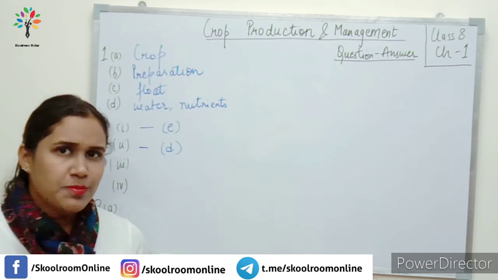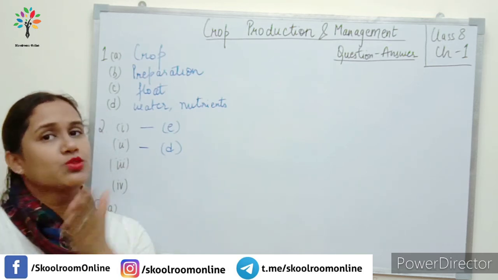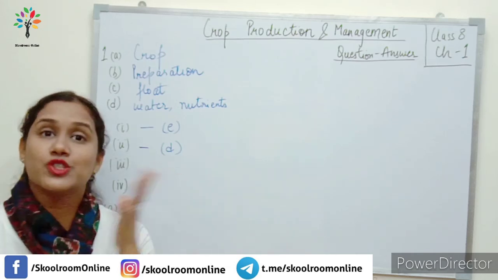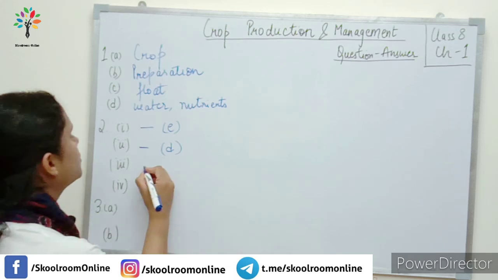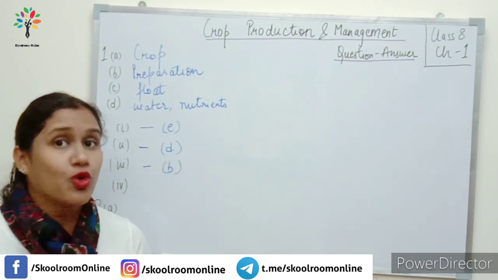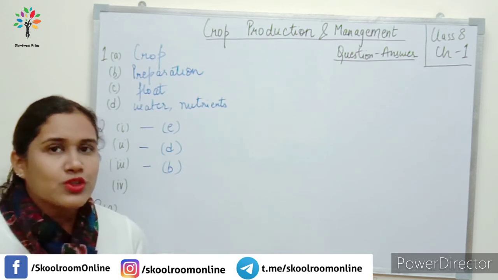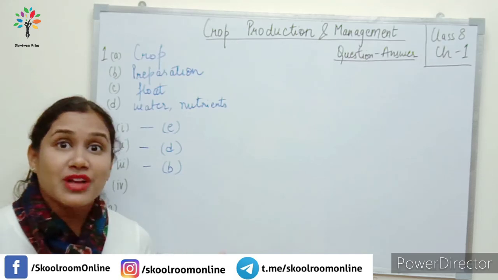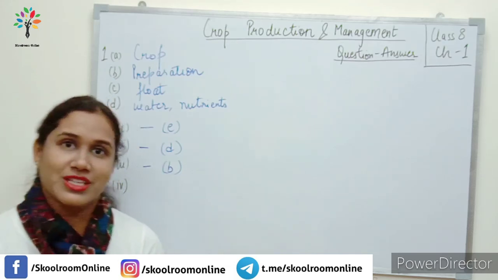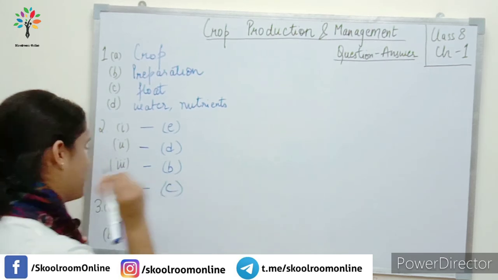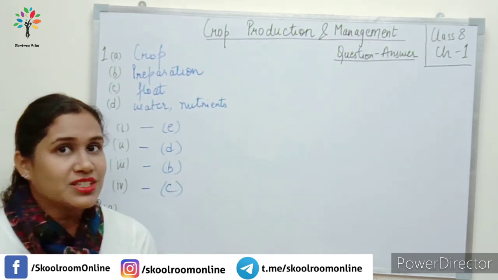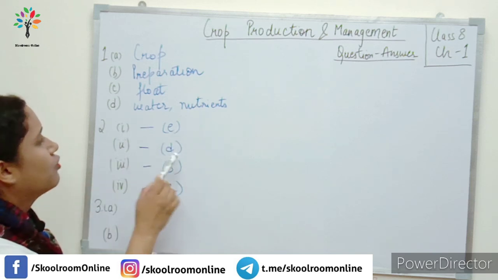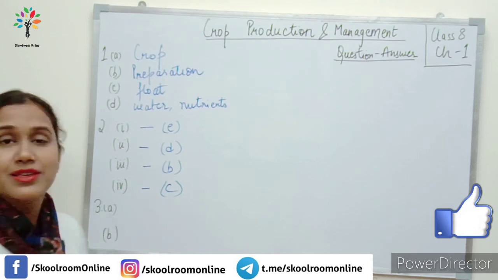Now let's have a look at the third part, chemical fertilizers. Out of the options given in column B, the correct one is urea and superphosphate. So for the third part, we have option B. The fourth part says organic manure. The correct one is animal excreta, cow dung, urine and plant waste. So that is option C. So the correct answers here are E, followed by D, B and C.